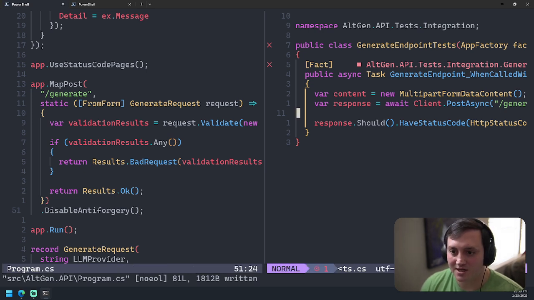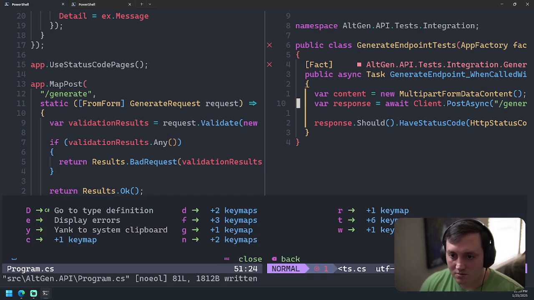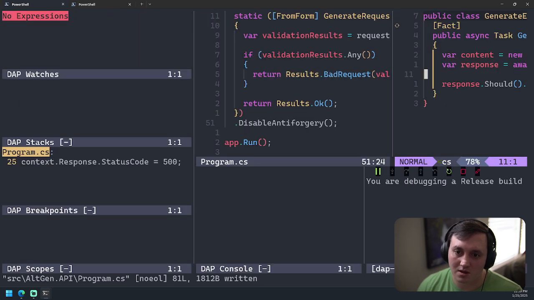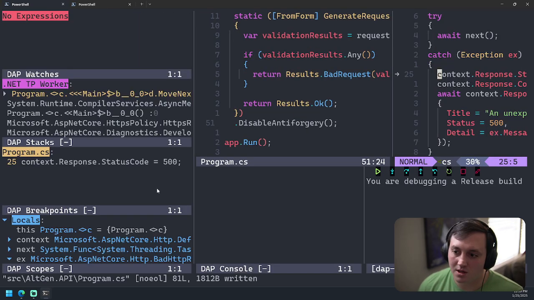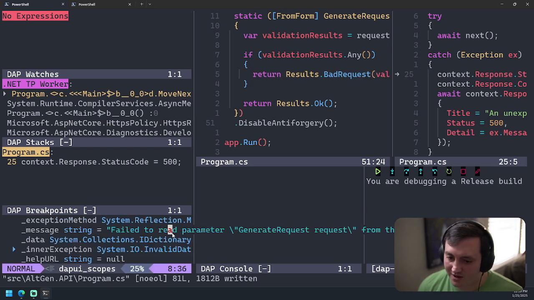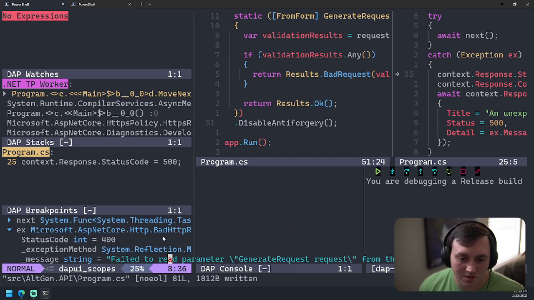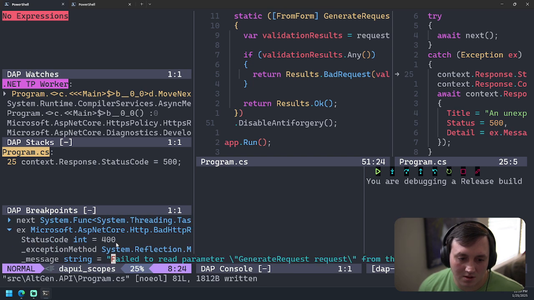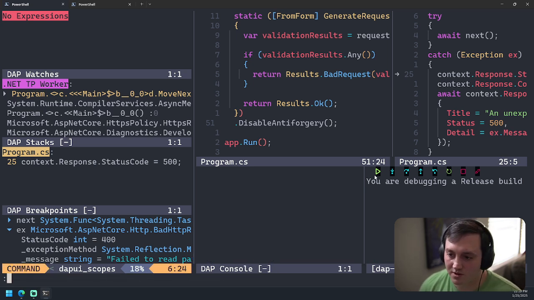So now let's go back to our test file. Space td, rerun it. And did it throw? I guess it threw again. Failed to read parameter, generate request from request body as form. Okay. Let's continue.